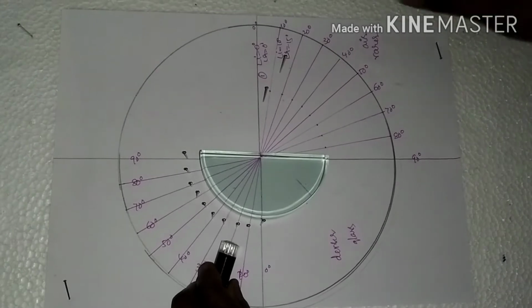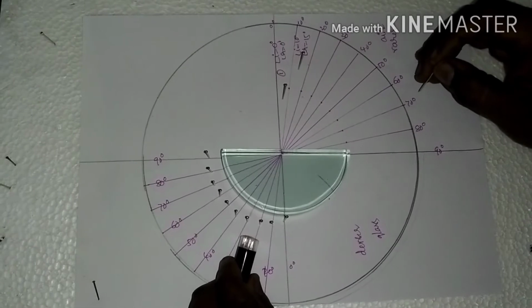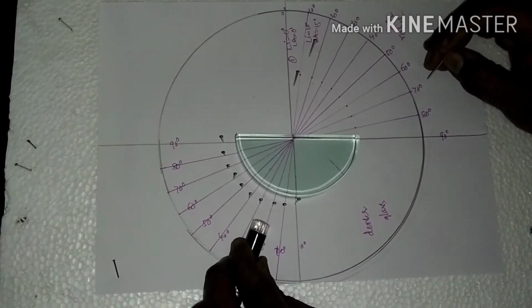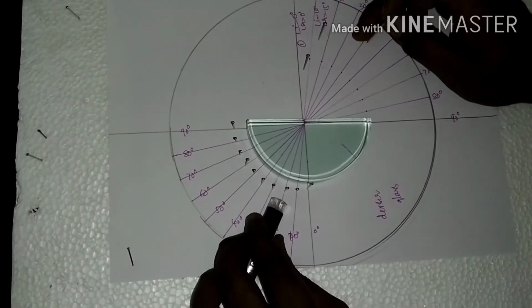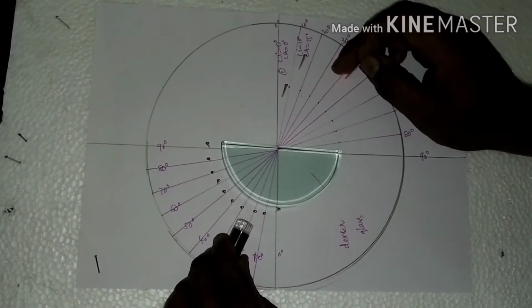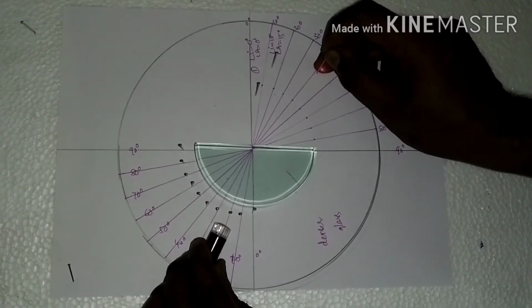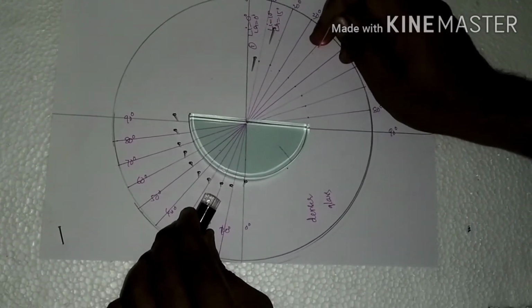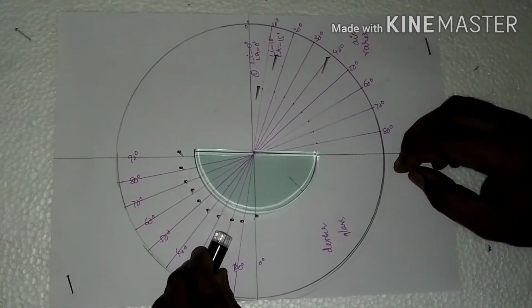Now, move on to the angle of incidence of 20 degrees. What does it mean? The laser light is passing in this direction at an angle of 20 degrees. We can understand that the laser light should pass through the pin. For the angle of refraction, see here, we can observe clearly, at that particular point I am going to place the pin. This means the laser light must pass through the pin. We can understand the laser light is passing through the pin.